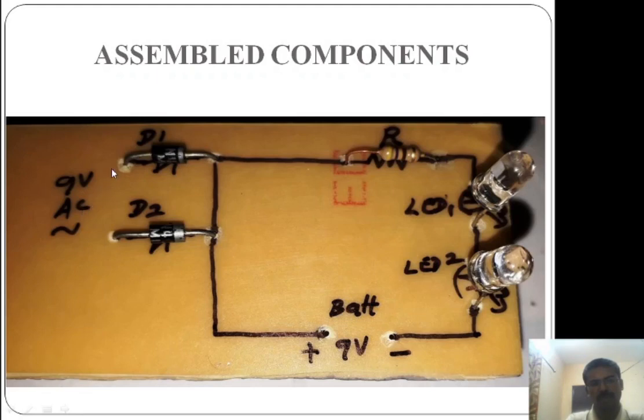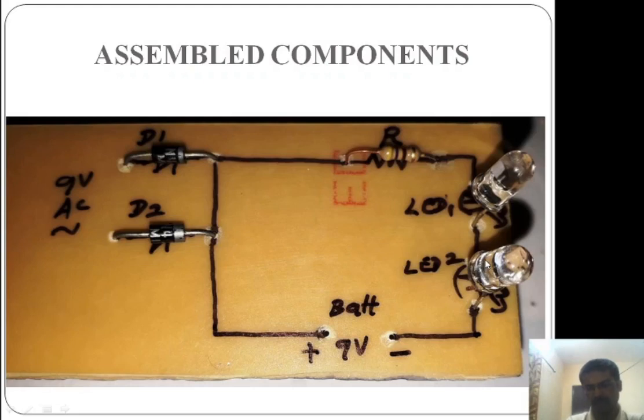9 volt AC should be given here from the bottom side. The soldering should be done from the other side. This is the top side of the board. So as I told you, the silk screen is the marking of the components. So you can say this is a silk screen. There is a D1, D2, 9 volt AC. These are all markings should be done on the top side. Okay. So these connections are like this, and next